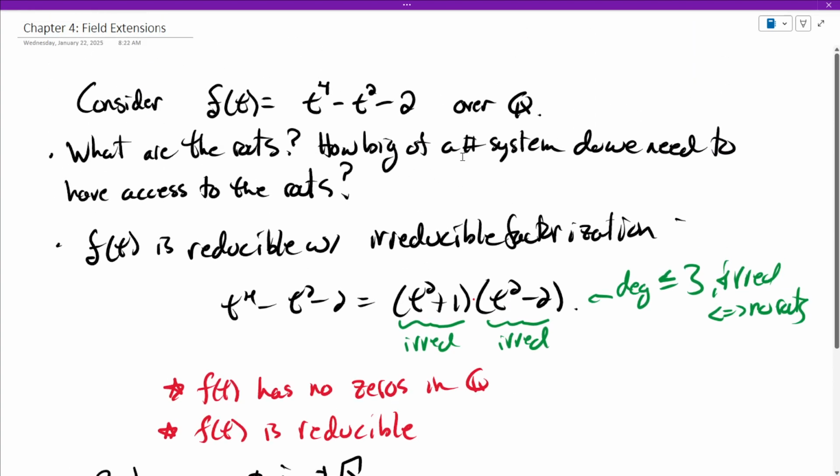We asked the question, how big of a number system do we need to have access to the roots? Well, maybe that's not the best question. Let me change that to small, where small is